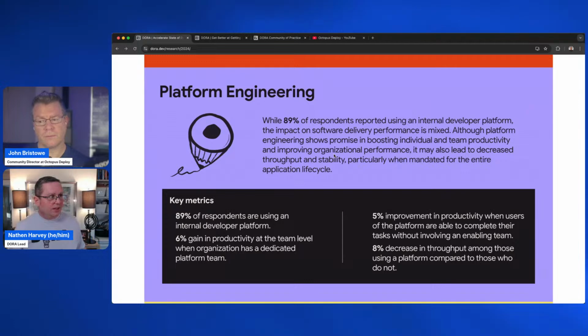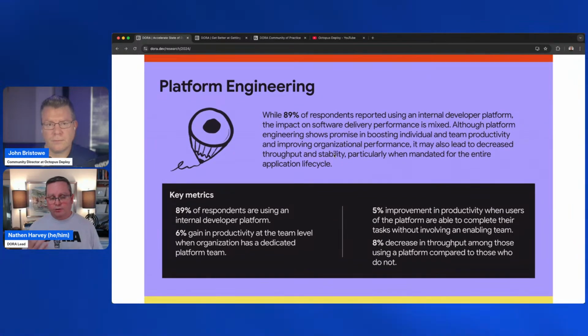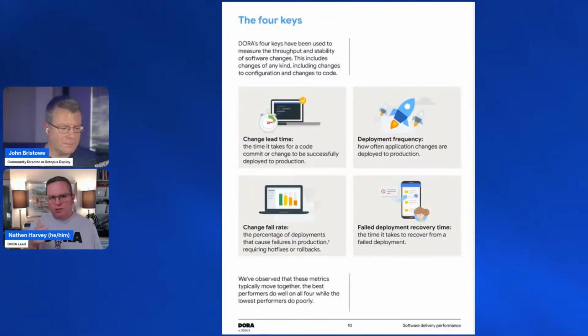Yeah, this is interesting because one of the things, as you mentioned with DORA, is our software delivery performance metrics. Those are pretty well-known metrics, used standardly across the industry. I'll just list them again. It's your change lead time and your deployment frequency, so those two look at throughput. And then there's the change fail rate and your failed deployment recovery time. So how stable are those changes as you ship them off to production? Interestingly, we're seeing that platform engineering is actually not improving those metrics. It's not improving a team's or an organization's ability to safely and quickly deliver software.